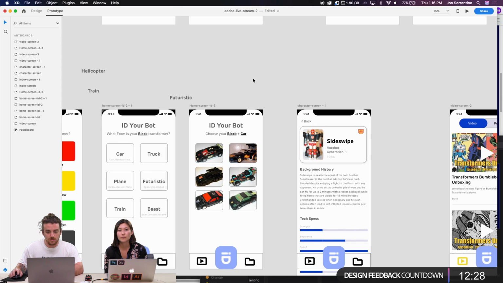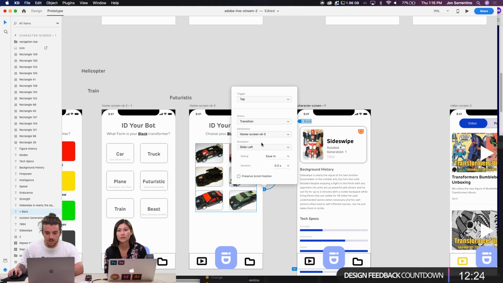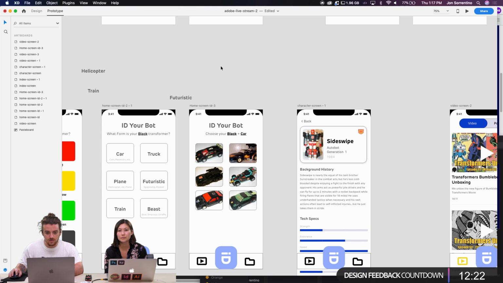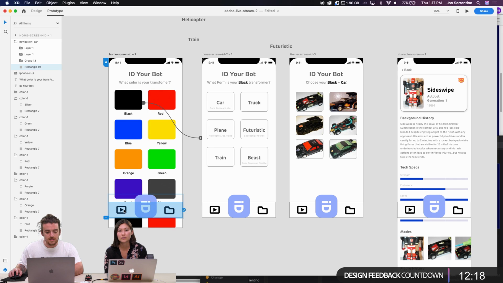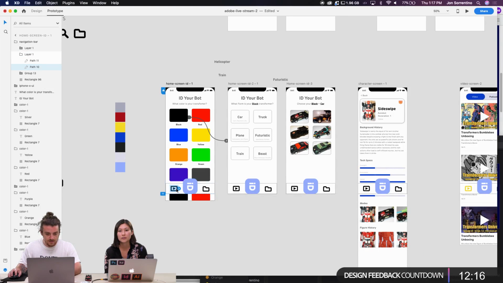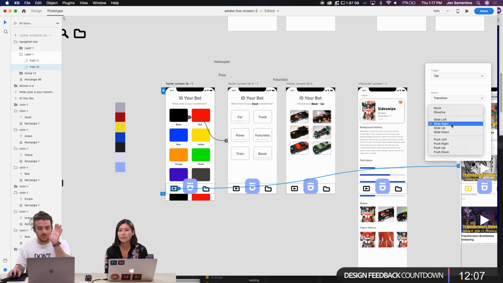And then when we go into prototype, you should be able to click back to that. Slide right. Cool. And then I also want to prototype this so that we can go into our video screen. Slide right, because I want it to come in from the left side of the screen when you land on the home screen.